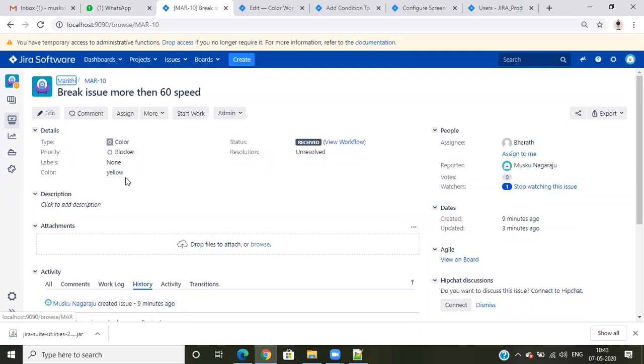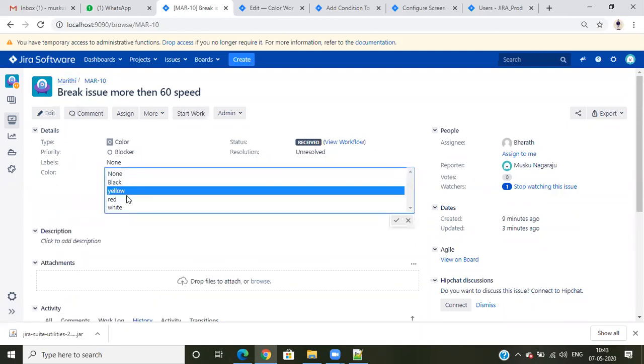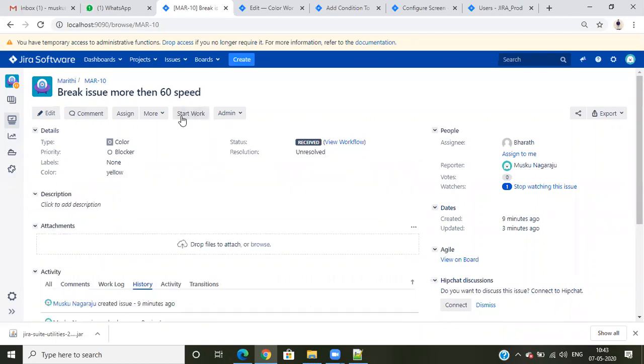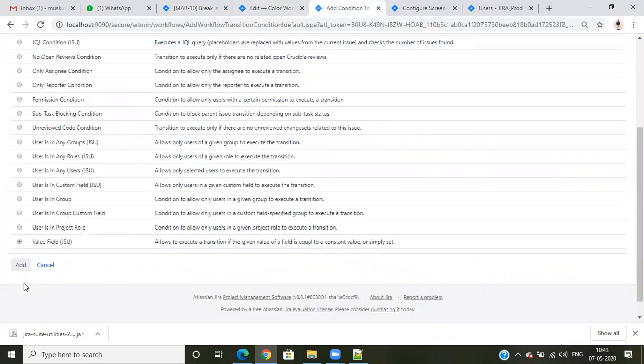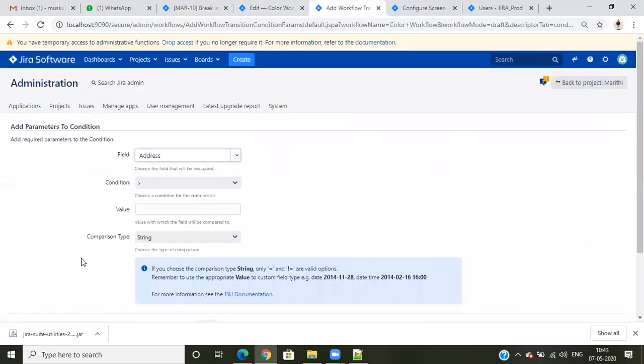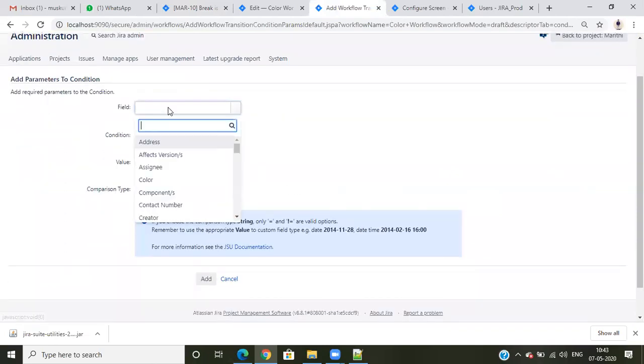If it is black or red, I don't want to see Start Work. So based on a custom field value, I can add this field value, click on add, and select the field Color here.